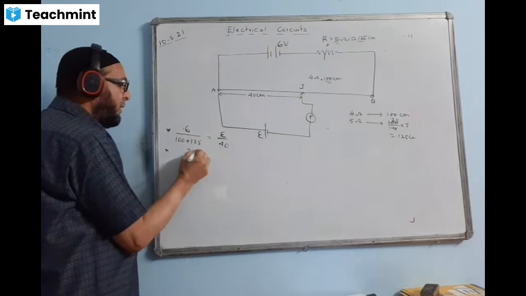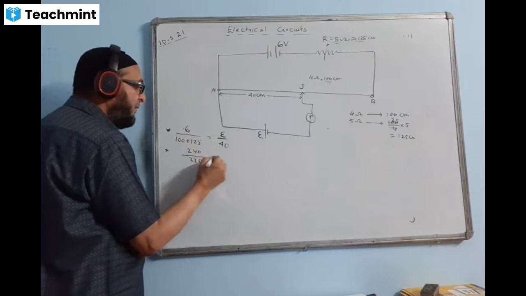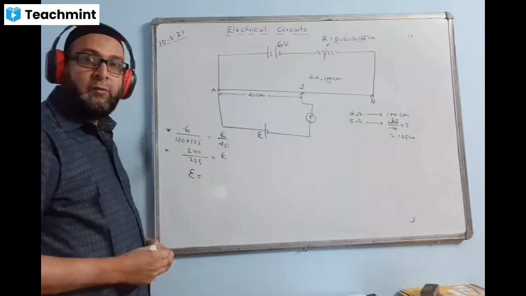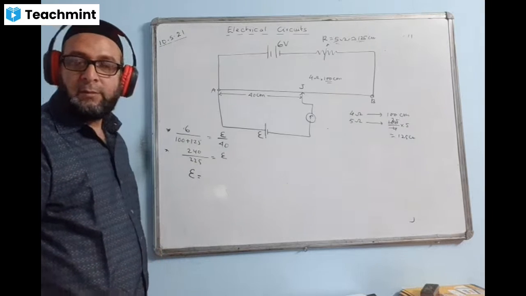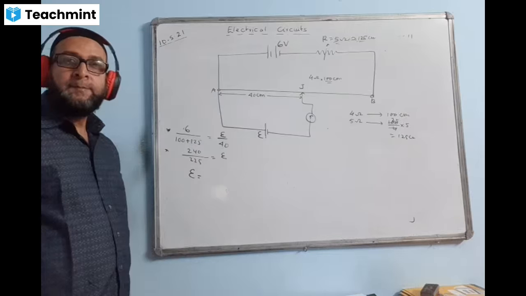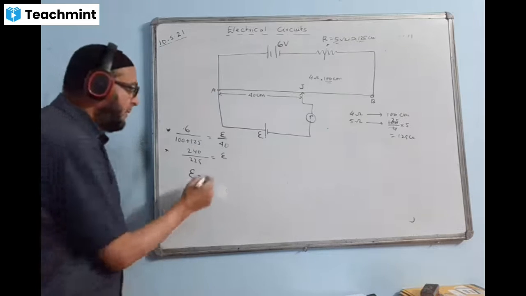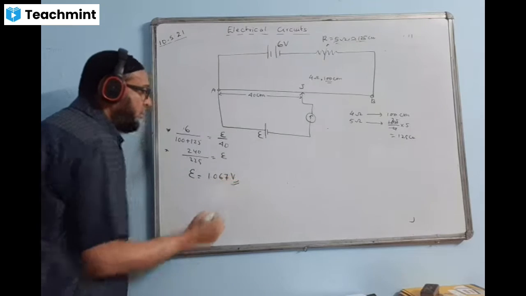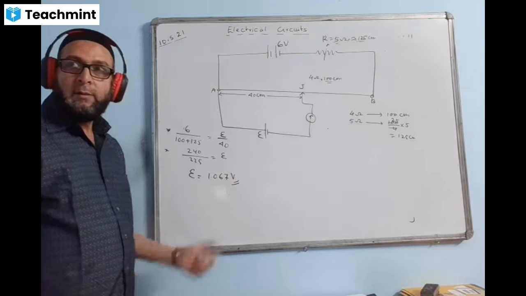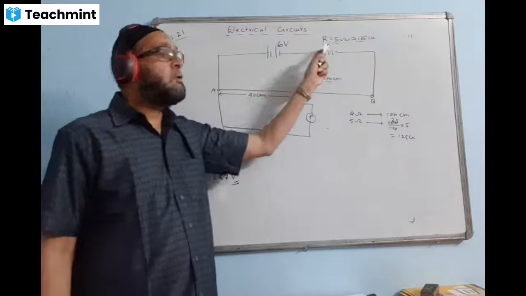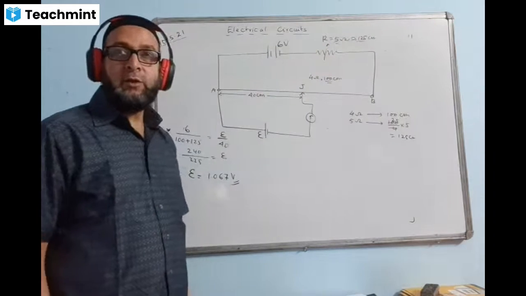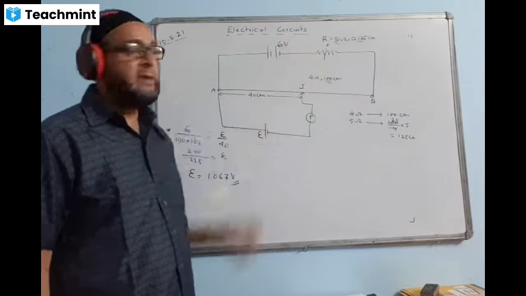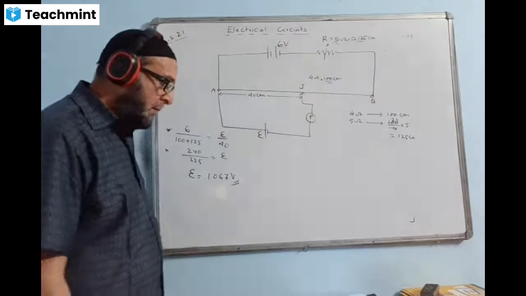40 into 6 is coming 240. This plus this we are adding, so 225 is the value of EMF. Now just calculate the answer using calculator. 240 divided by 225. 1.066. We are rounding off, 1.067 volt is answer. So we will not forget this. This also will convert into the length and we'll do it by using unitary method. Had this been not there in the circuit, then we would have taken only 6 by this directly. Okay. Now this is answer.